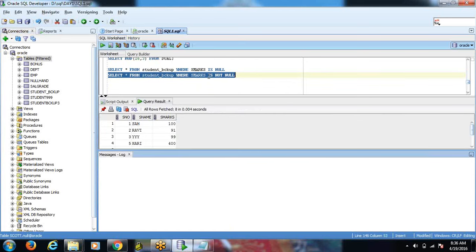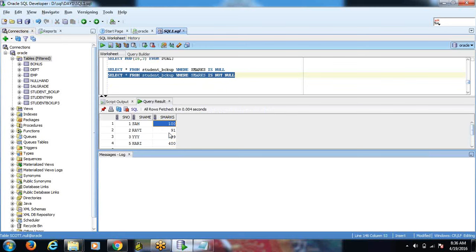Previously, in the versions before Oracle 11G, it was NOT IS NULL, and now it is using IS NOT. That is the difference. Nothing to worry about that one. Except the null values, we are retrieving all the records, right? Here we are not retrieving the null values. That is the difference.